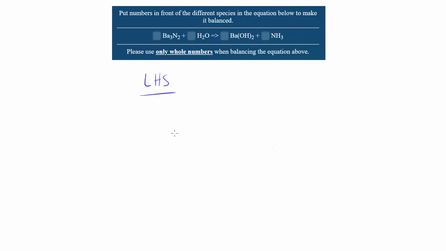So we've got barium, we've got nitrogen, hydrogen, oxygen, right? So barium, nitrogen, hydrogen, oxygen. And similarly on the right hand side, we would also do some auditing, right? So right hand side, right? So what I'm going to do at this stage is